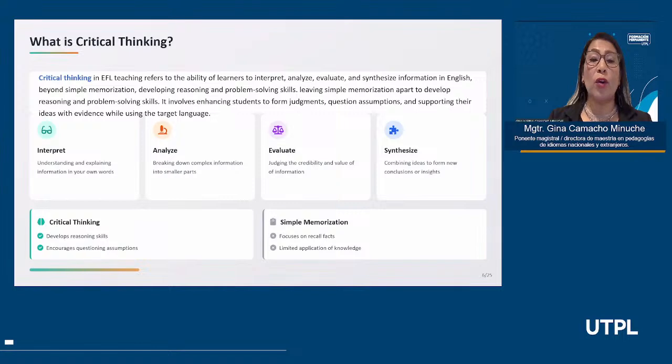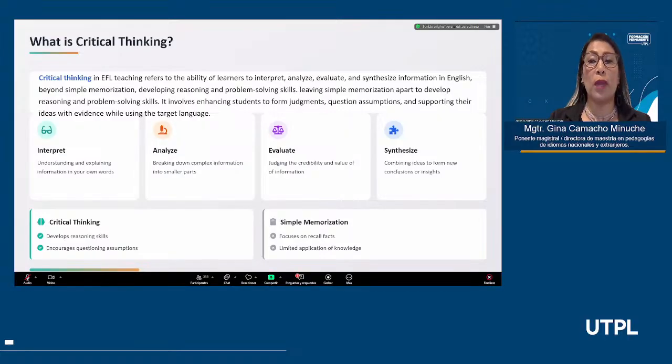We usually become very analytical. Why? Because we break down complex information into smaller parts. We are able to separate the information we are receiving and break it down in order to analyze it by blocks. Evaluate, judging the credibility and value of information.